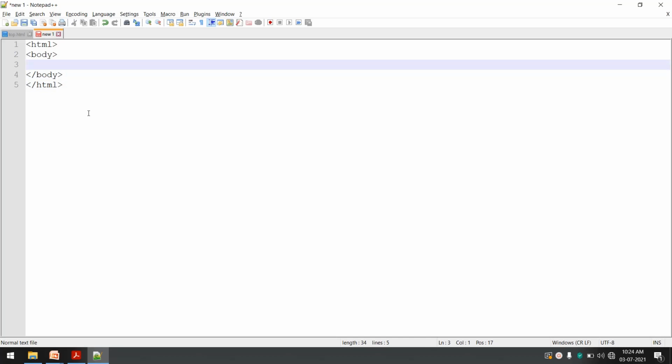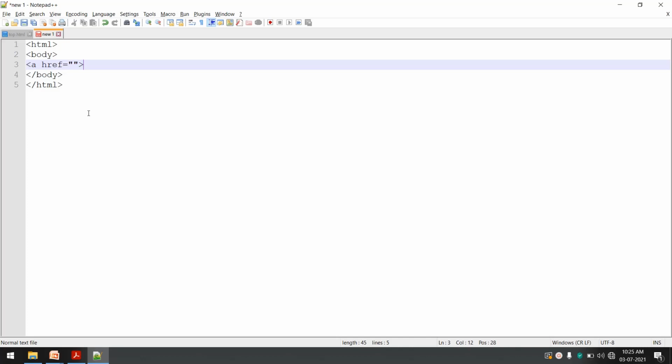Then, as you know, we need a link in the left section, I said. So a link can be created by using a tag called the anchor tag. We have studied that a hyperlink can be created by using an anchor, and there is an attribute href, hyperlink reference, which is equal to the URL of a document which you want to open. So for now I will keep it blank, and then we have to close the anchor.